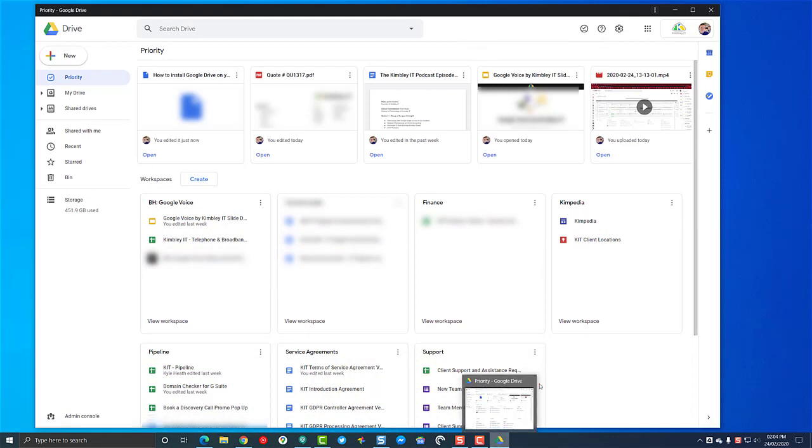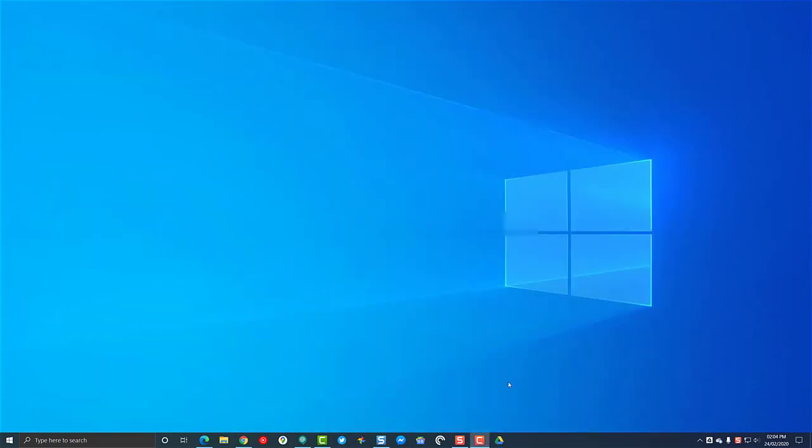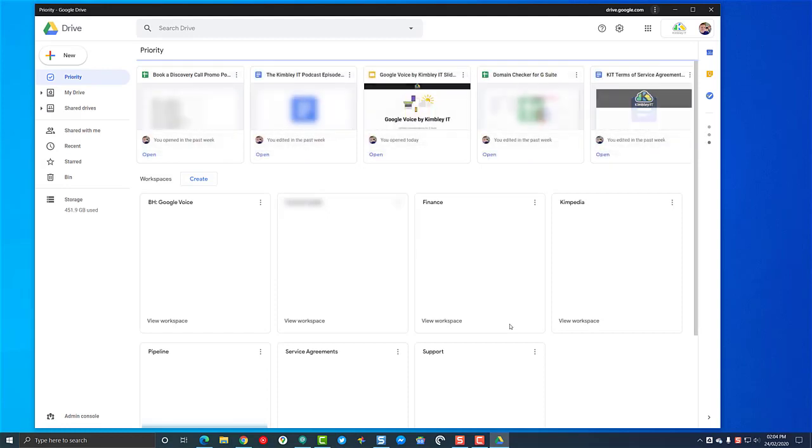This is likewise with a Mac. So if I right click on it, I can actually say pin to taskbar, so it always stays there. So if I close Google Drive now, and I want to go back to Google Drive quickly because I want to access a file, if I click on the Google Drive icon, Google Drive web version will now open on